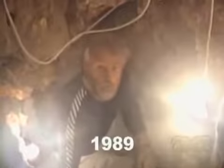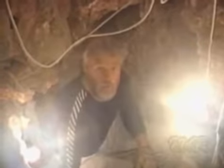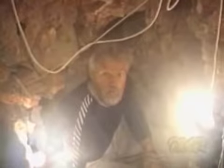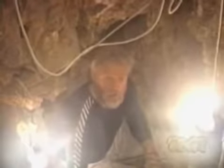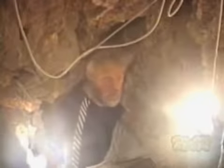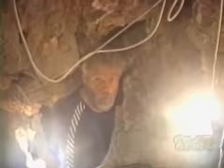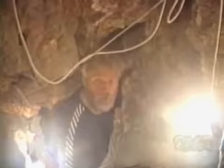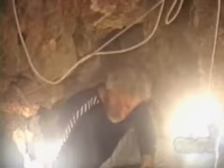I'm Ron Wyatt. Welcome to the Ark of the Covenant dig. We've been working in this area since 1979, and shall we say it hasn't been an easy job. In 1982 we were able to get into the chamber where we saw some of the furnishings from the first temple. Now we accomplished that by going down through this hole here that's about 40 foot deep, and then coming